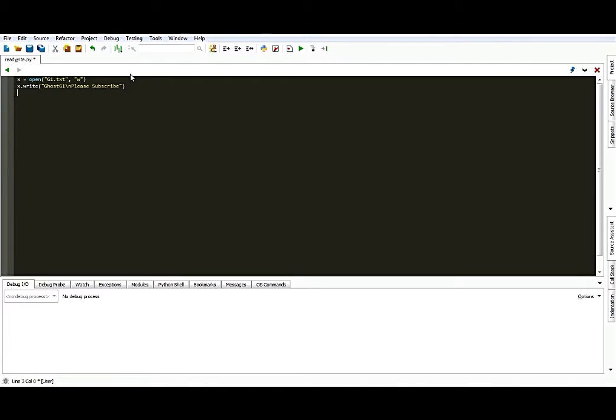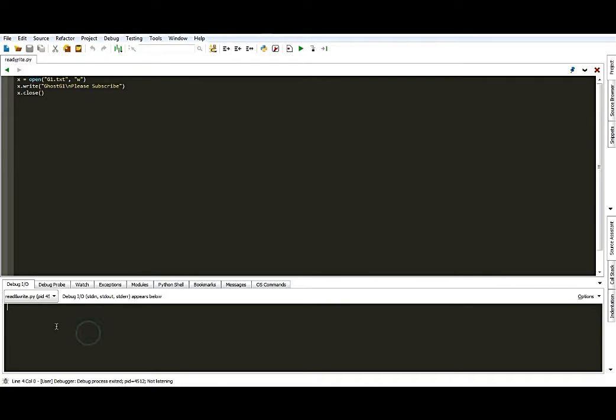And then after we open the file, we need to close it, right? Just place x dot and then close. Then the file is closed. If we run the program, we don't see anything, but I promise you it is created. So let's try to read from it this time. Let's comment all this so it won't be